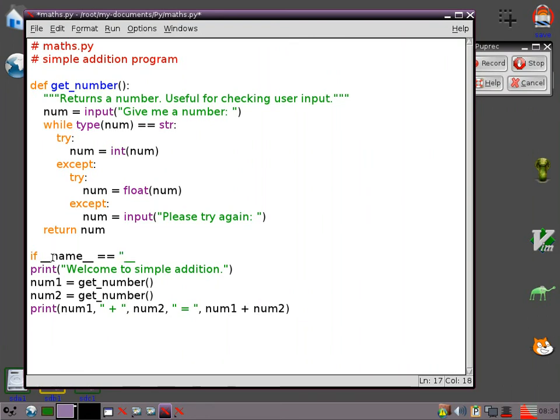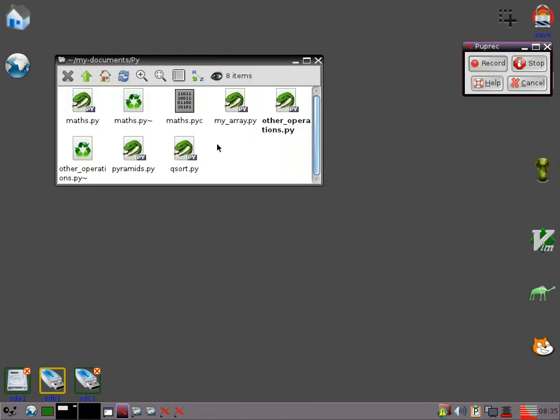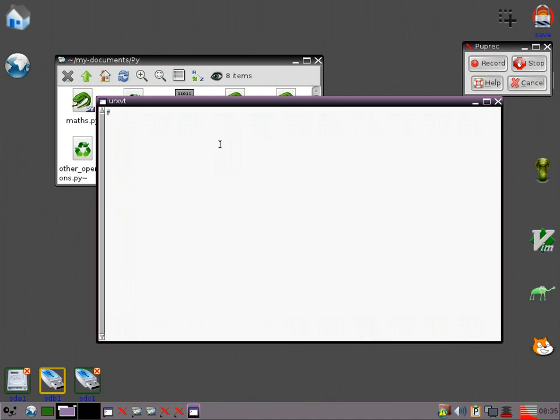So you go if __name__ equals "__main__", and you need to have 2 underscores before and after those words, and we just need to indent this because we're following an if statement. And if I save that now, and if I go across to the directory where I've got this saved,